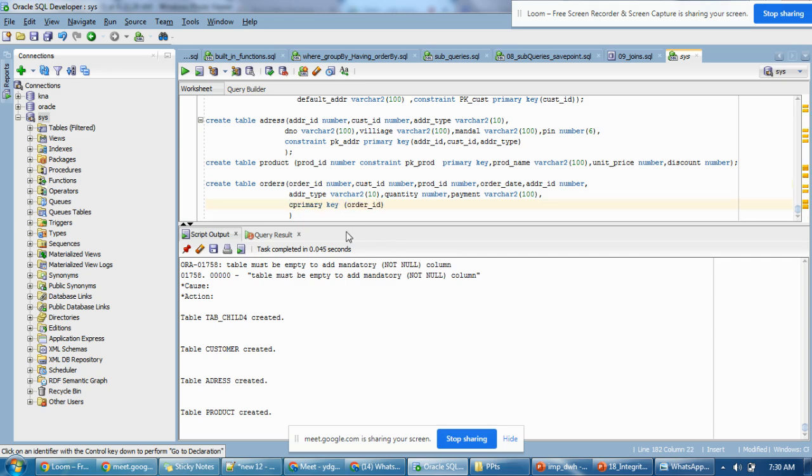If you want, you can give a name also. This is not mandatory. If you are providing, it will take your names. Otherwise, it will take the system default names. By default, it will take pk underscore order, primary key of order ID. Okay, this you are clear. Next,